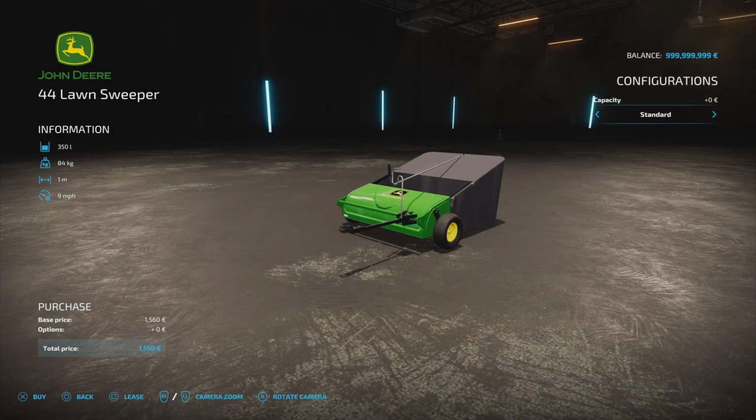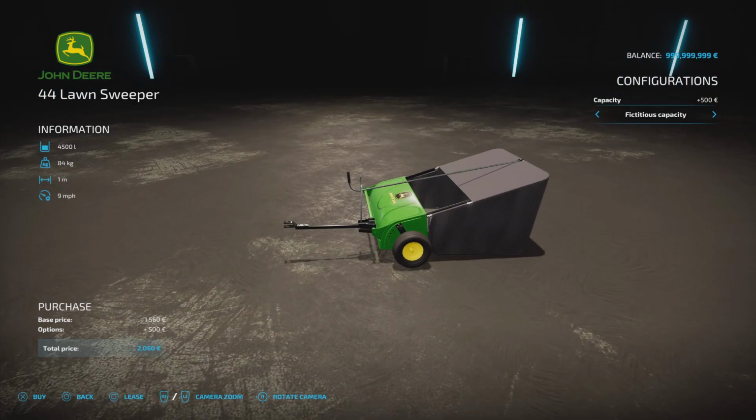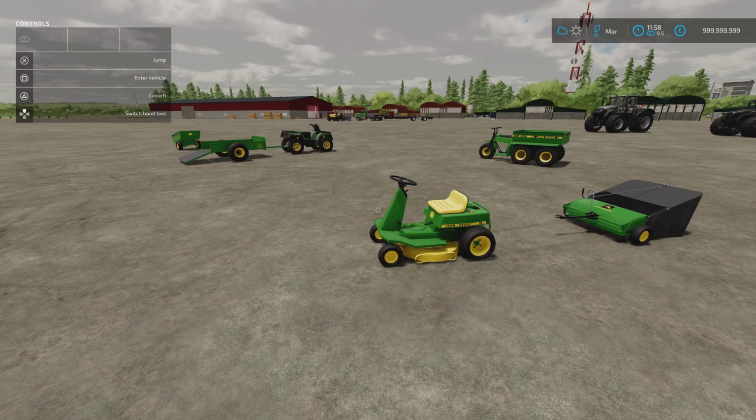Now this one you can have standard capacity 350 litres. That's why I was worried. It hit 350 then stopped, because you can then put it on fictitious capacity, which is 4,500 litres, which is quite a lot for that to hold. It's got a special compacting element to it, which is why I had it on. And I thought it was odd that it hadn't gone any further than 350, then all of a sudden it did. So that's where you find those implements for the pack, the John Deere mini pack by SleutjesModding,